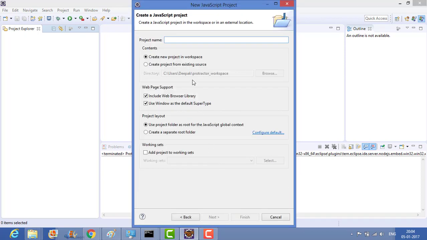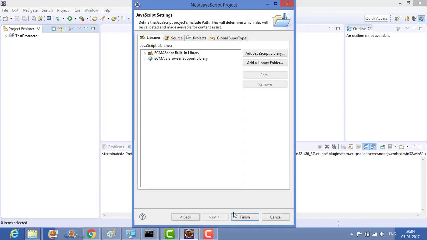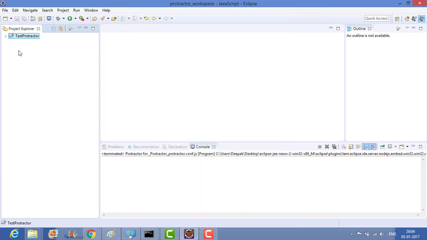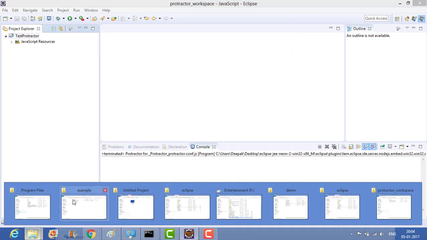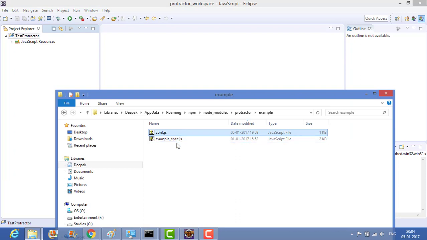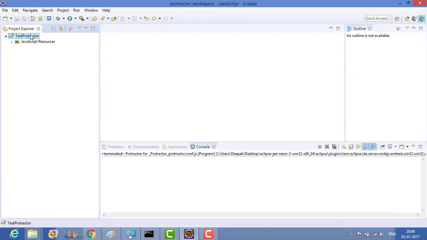Now you can write any name, so let's say test protractor. Then Next, and click on finish. So this is the project. Now go to the folder, this was our example folder, right? So copy both files and paste here.